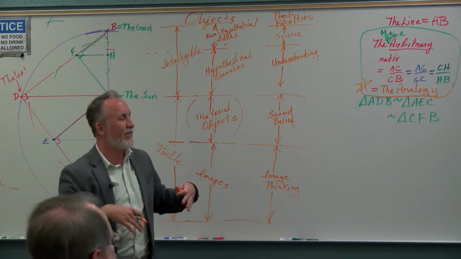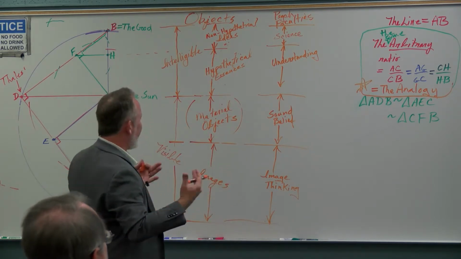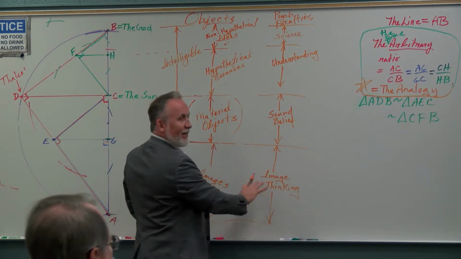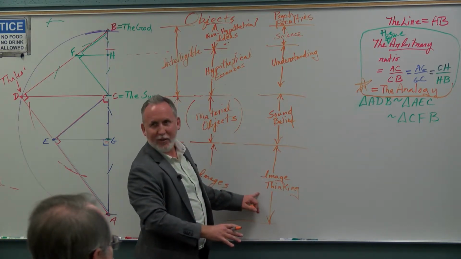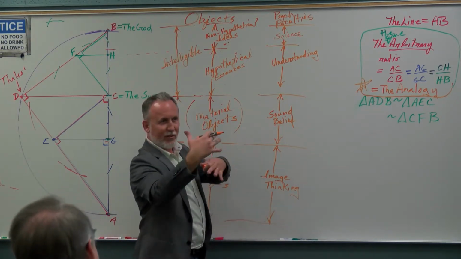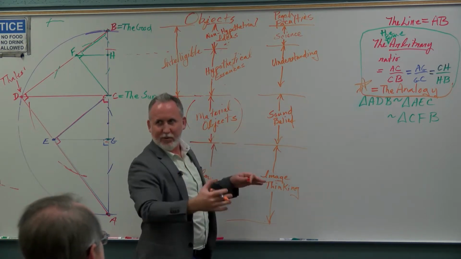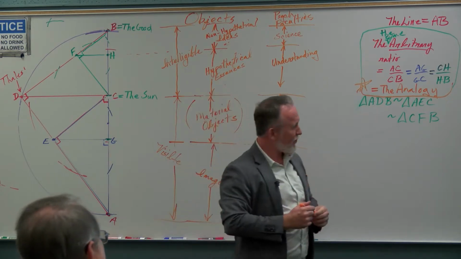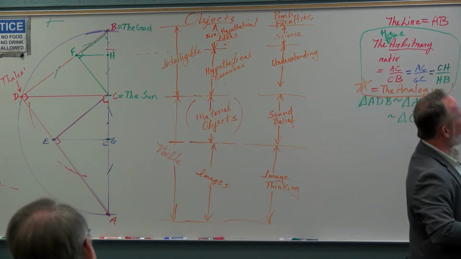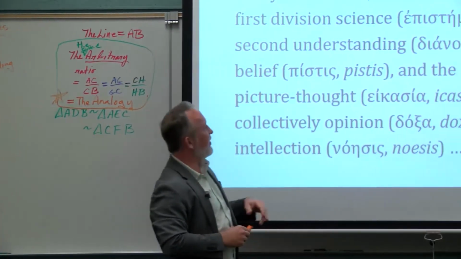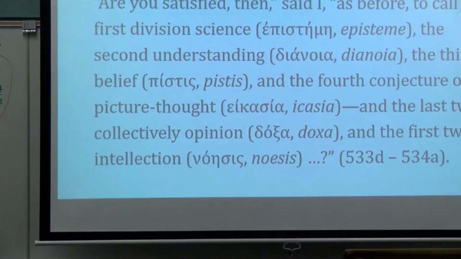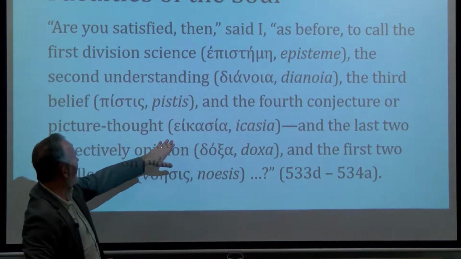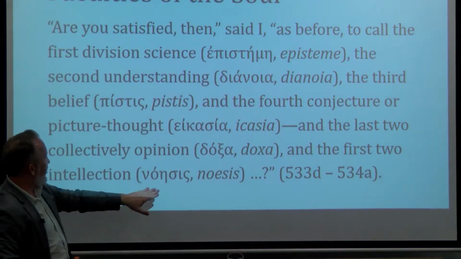Also translated as conjecture, right? Sort of fuzzy thinking, like mythology, like when people use mythological reasoning to try to explain the world, that's sort of like image thinking. But then there's sound belief based on real experience, and we see some correspondence between the Greek terms here. Here we have that icon sort of idea, and of course here,